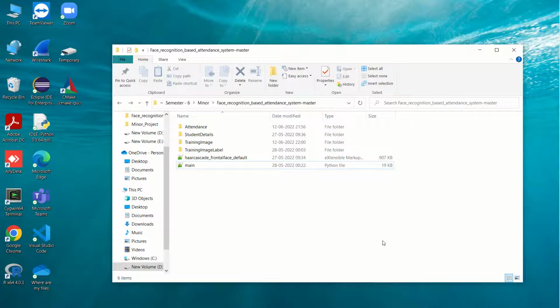Hi everyone, now we are going to see a project named Attendance Management System through face recognition. We used the OpenCV Haar cascade method to detect the faces and take attendance. Let's see our project. First we have to go to the command prompt and go to the directory where our project